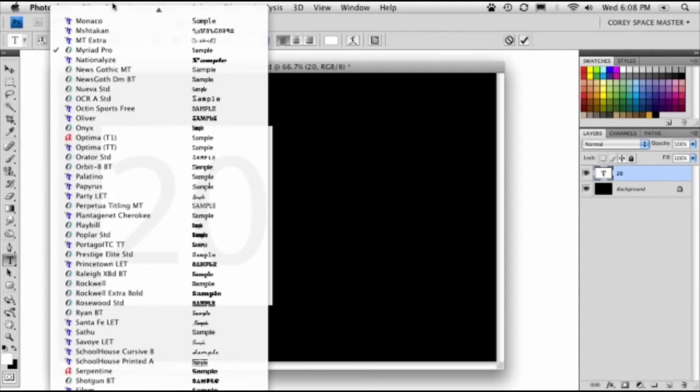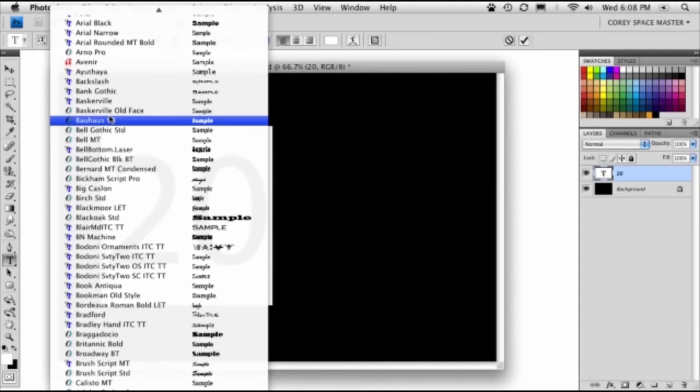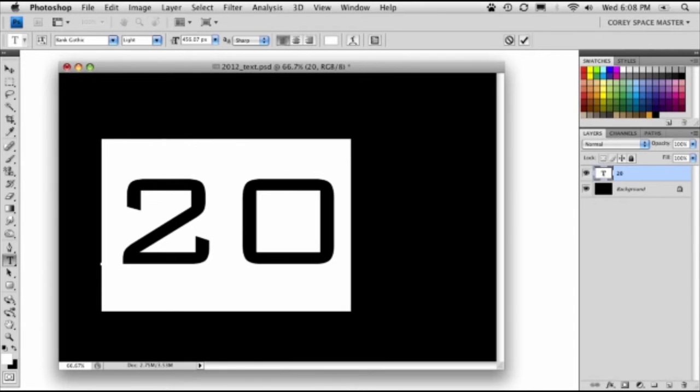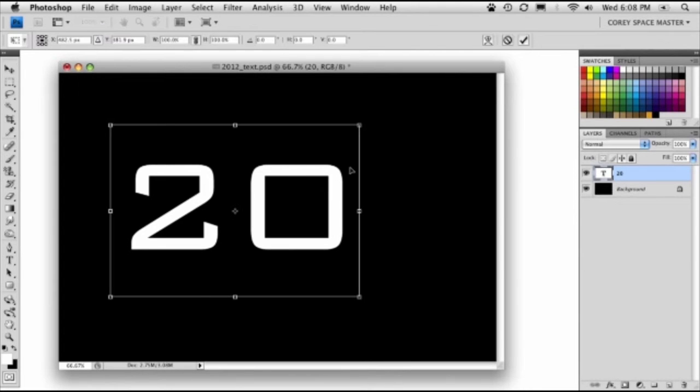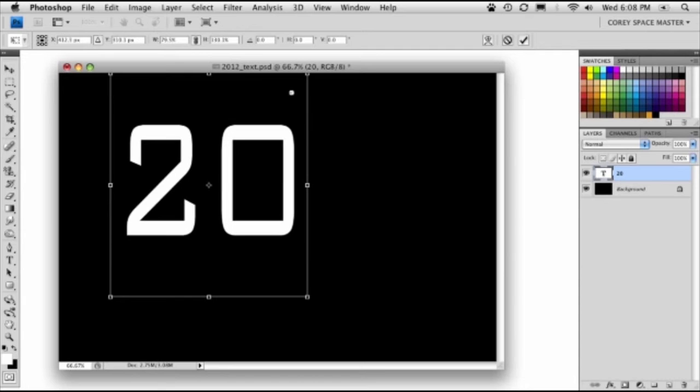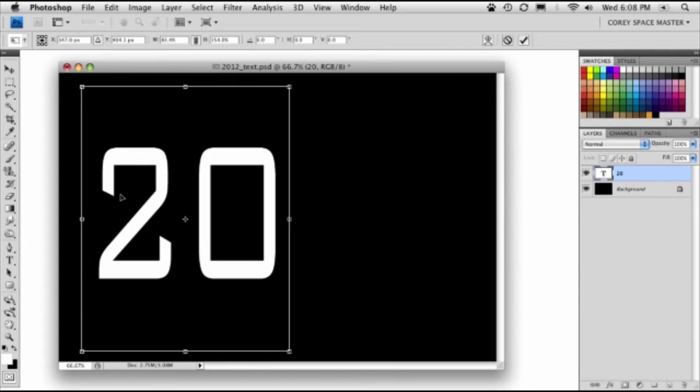And we're going to jump over here into the font menu, and like I said, I found a font called Bank Gothic. Here we go. And I noticed it looked pretty good. Some of the characteristics of it were close enough, but the only thing that really was way off was this part of the 2 here down at the bottom. And the 0 looks pretty close too, but I'm going to go ahead and just kind of stretch the text out just by scaling it up a little bit so we get a good size